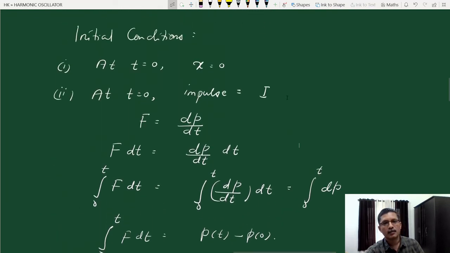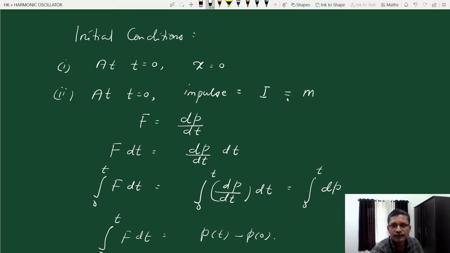Here it's a large force applied for a short period of time. So impulse is equal to change in momentum, and here the blow is applied at the initial time, right? So we can say that initially the body is at rest. The first initial condition is that at time 0 the body is at equilibrium, at x equal to 0. It is at rest at equilibrium. Then it means that there is no initial momentum. There is no momentum before we apply the impulse. So we can say that impulse is equal to the momentum at time 0.